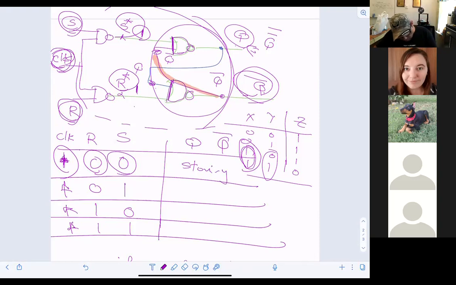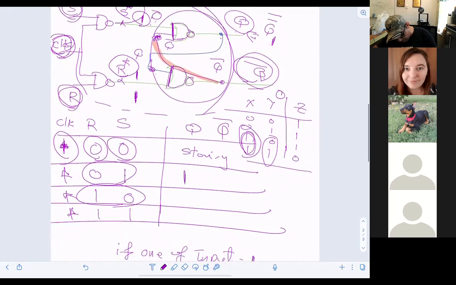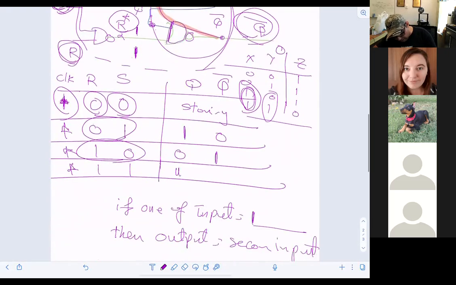Then as we learned with 0 and 1 and 1 and 0, it will be flipping, like set and reset, right? So for instance, now my reset is 0. My reset is 0. And I have 1 here. So pretty much I'm still 1. But my set is 1. So pretty much they're going to be 0, right? So if there is 1 here, I'm waiting for the 0 here. If any 0 here, no matter what is the input here, the output will be 1. And that 1 will go here, 1 and 1, and the output will be 0. So it's going to be here 1 and 0, and here is 0, 1,